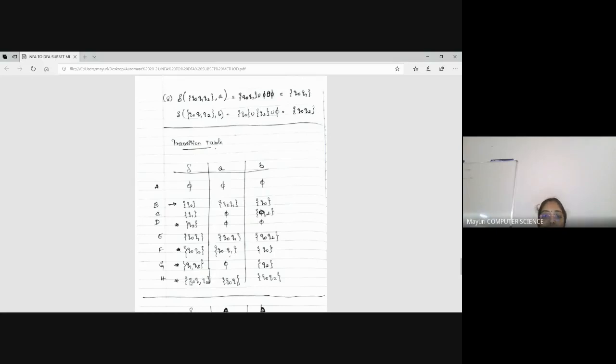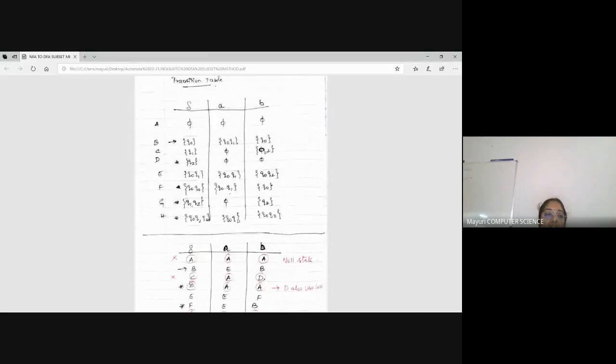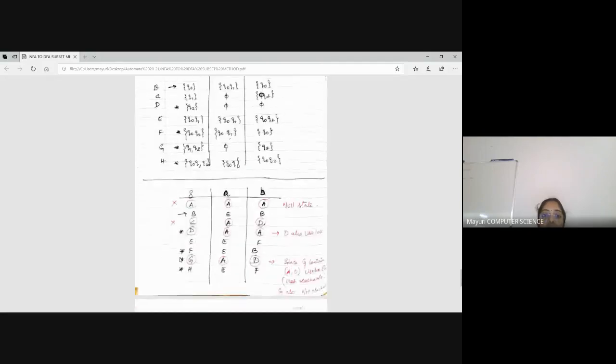Now, I am renaming it for my purpose because I have to remove the not reachable states. So very carefully listen, please. I have renamed the states in such a way. I have taken 5 as A, Q0 as B, Q1 as C. Like that, sequentially I have named A, B, C, D, E, F, G, H. Wherever Q0 comes, I have made it as B. Wherever Q1 comes, I have made it as C. Like that, I have written here. Till now, is any doubt?